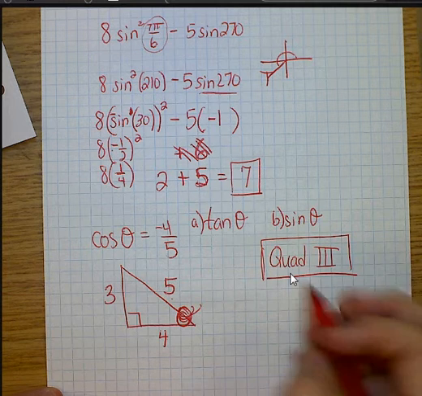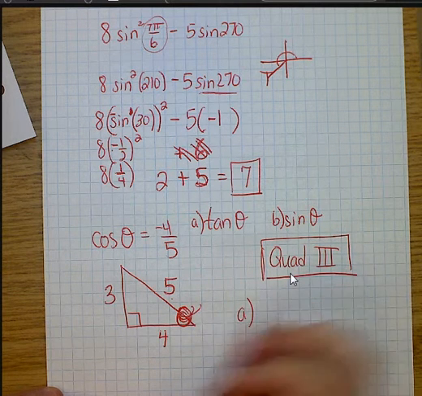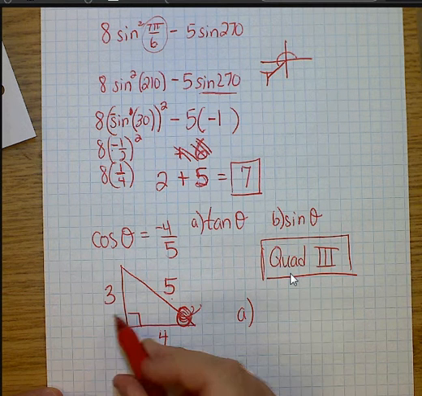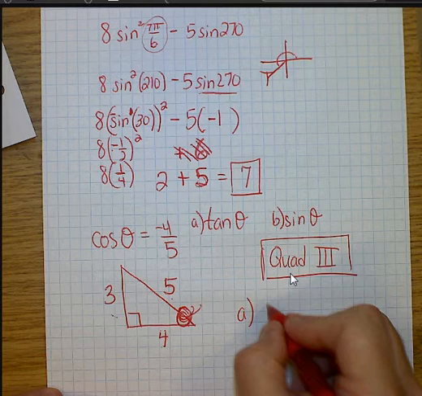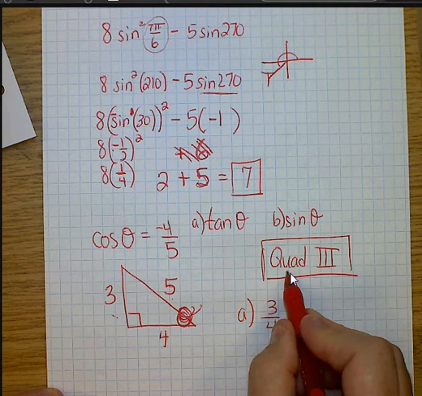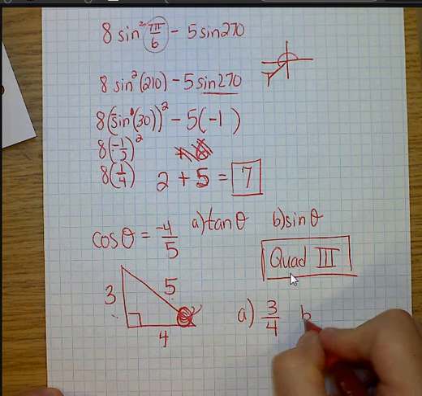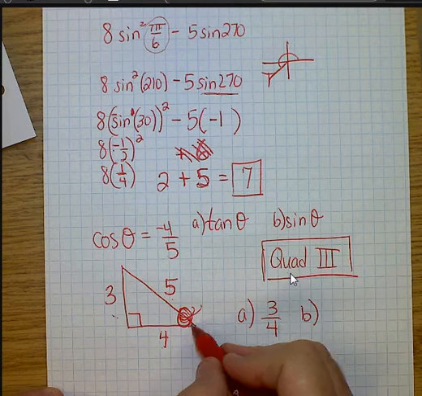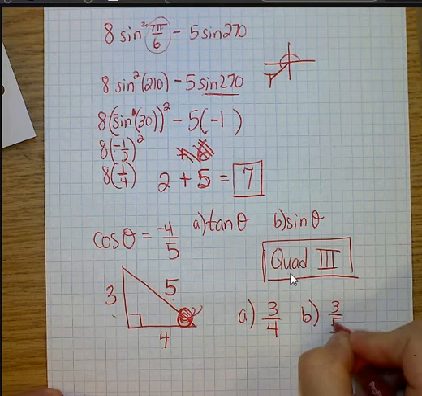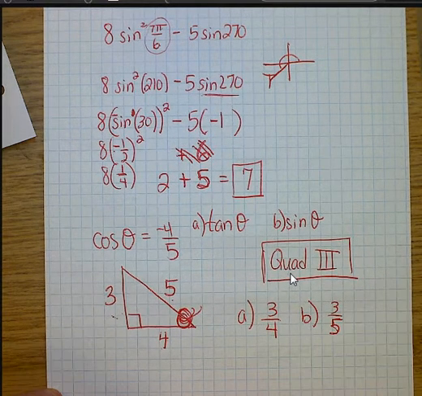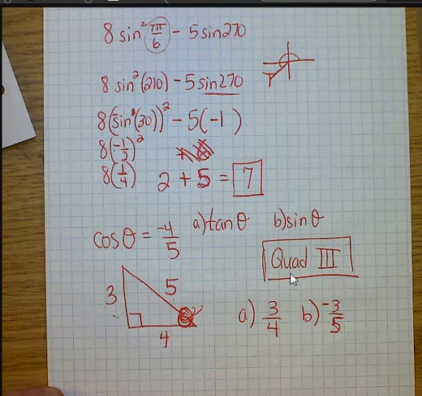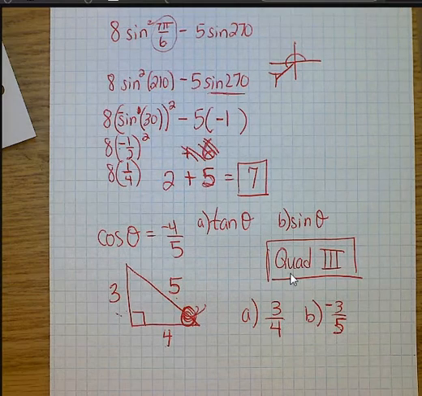So knowing that it's a 3, 4, 5 right triangle, to answer this using tangent, tangent is going to be opposite over adjacent, so 3 over 4. And I'm in quadrant 3, which means the tangent's what? Positive. So it's a positive 3 over 4. Part B, the sine, 3 over 5. The sine's going to be 3 over 5, and I'm in quadrant 3, so it's negative. All right, that was